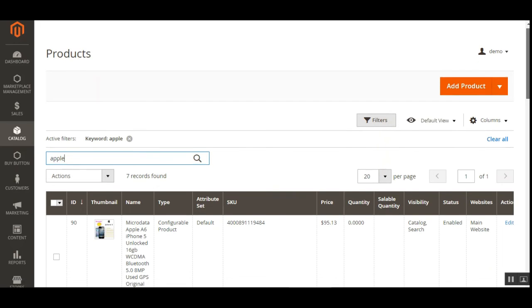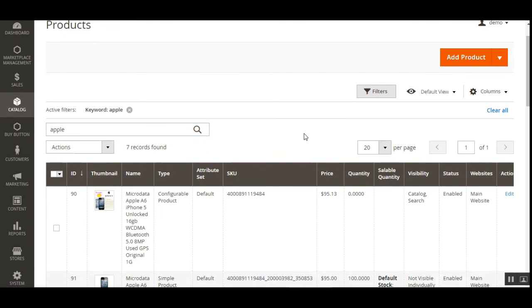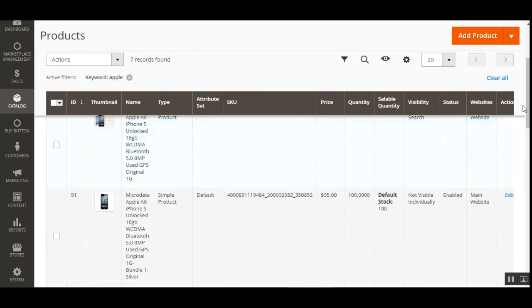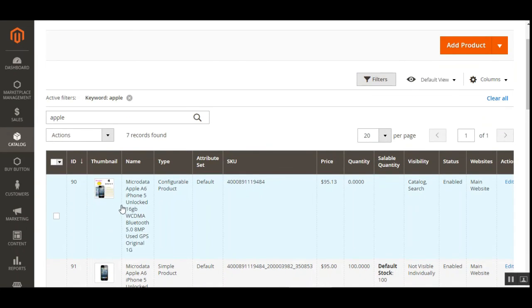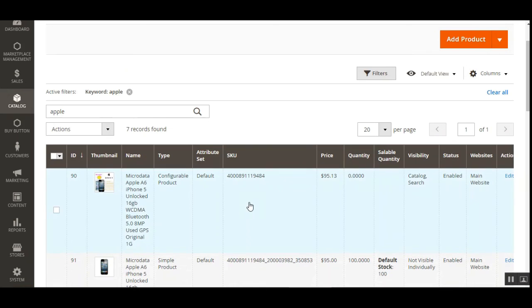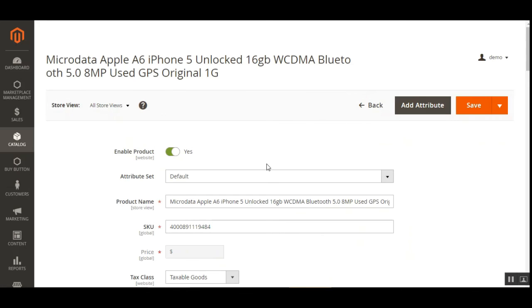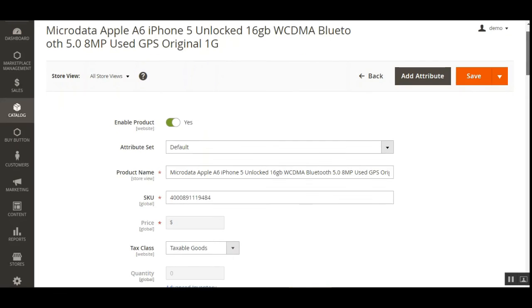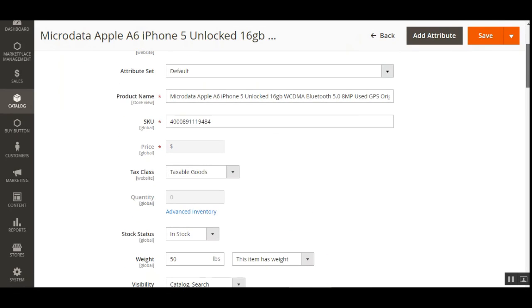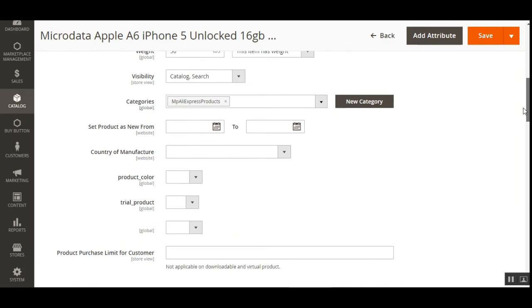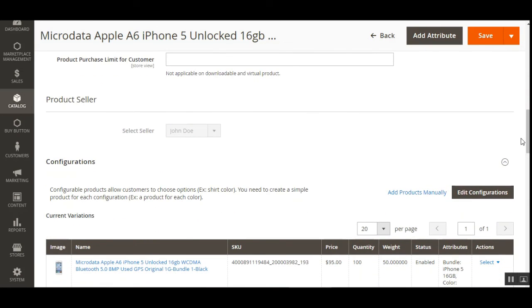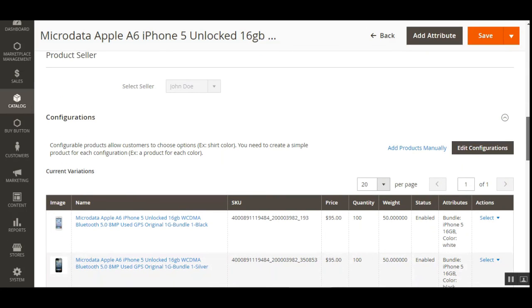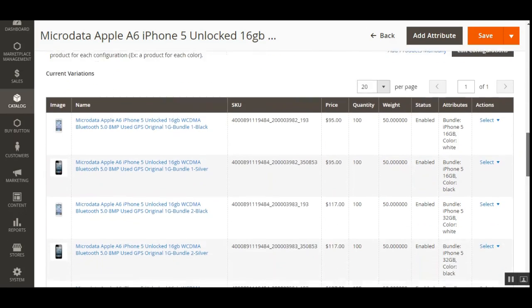So here I'm at the product section, and I've typed in Apple, the product name, the actual product that we had imported, and here you can see that the admin is also able to see the product from the admin backend panel, and the admin can also tap on the edit link here under the actions column to make changes within that particular product as well. So here we are on the edit product page under the admin backend panel. So you can see that the admin can also see the different values for this particular product, and the admin can see the product seller, the seller whose product this is, and can see the configurations of this particular product